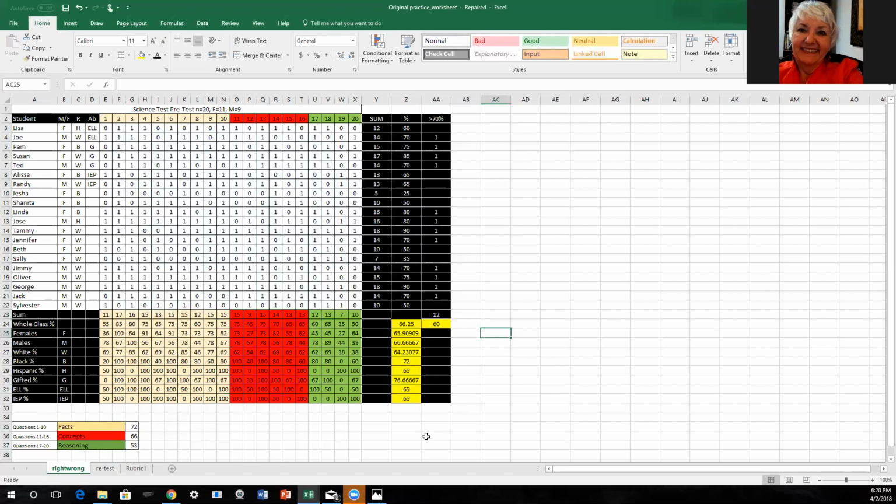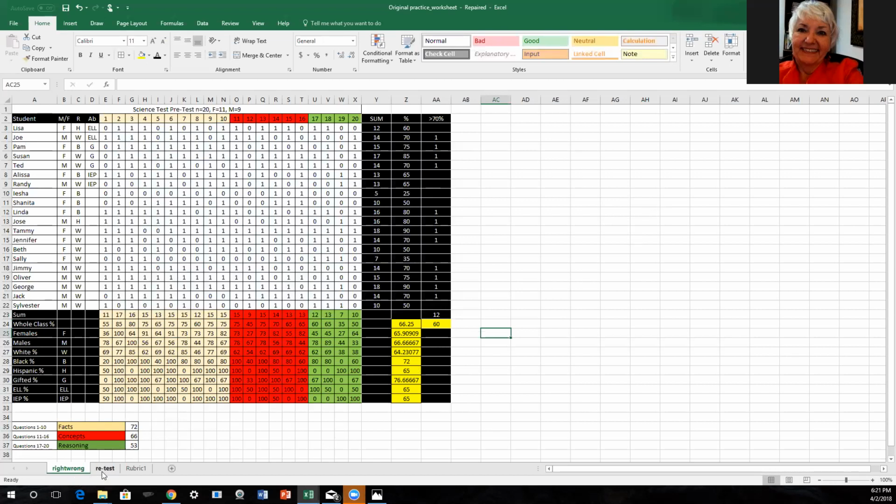But here's what you'll do. For your EdTPA, you will be asked, after you have your data set based on a test that you give and you enter the data in this way, to take a screenshot of this whole page and to upload it in EdTPA. So you've got to get really proficient at doing this, and it really is not hard to do once you get the hang of doing that. So anyway, I hope this has been helpful for you, and so you will have an assignment for class